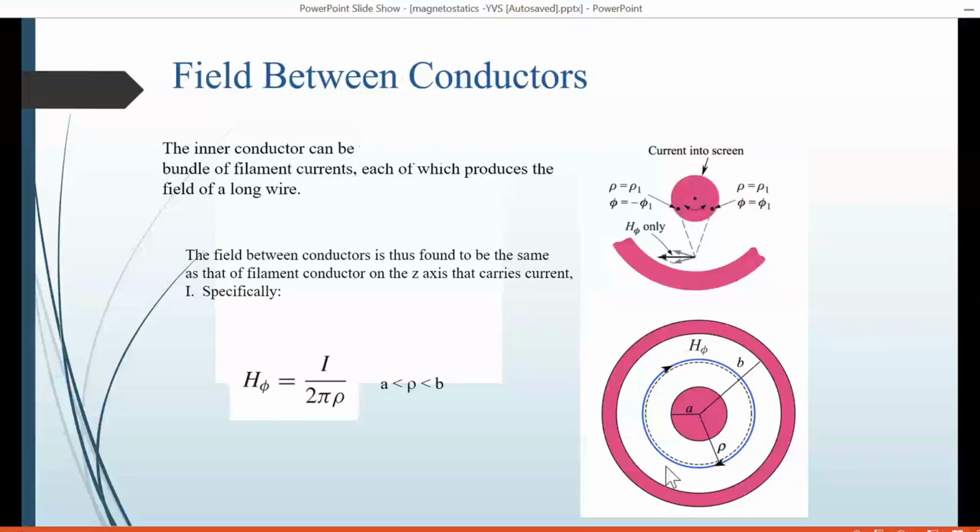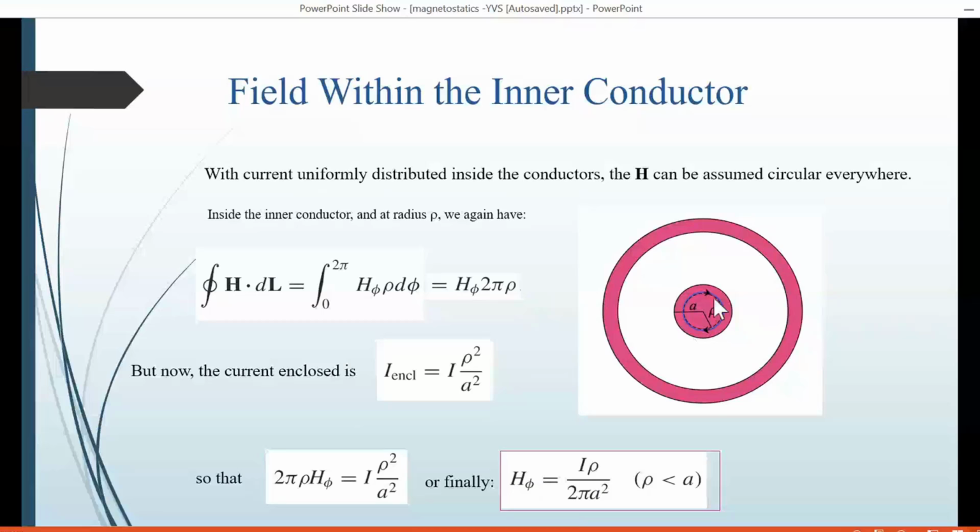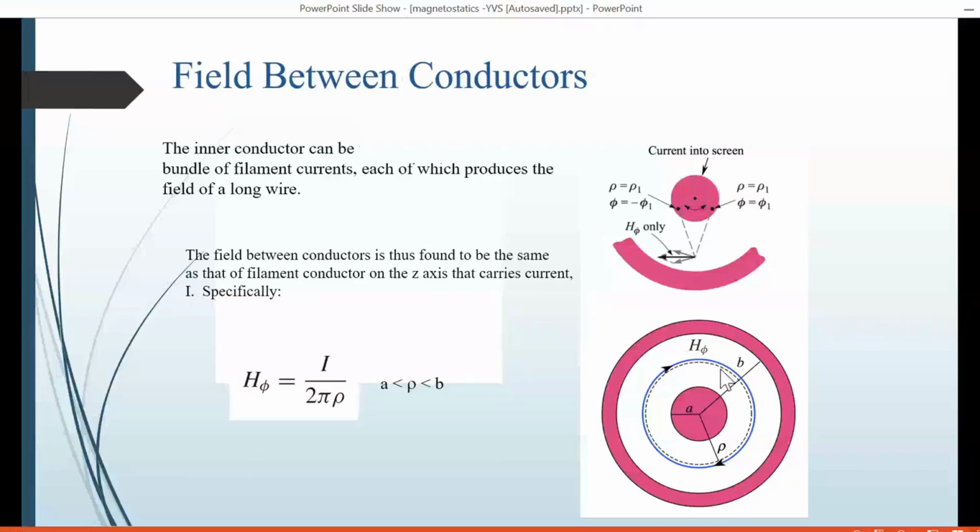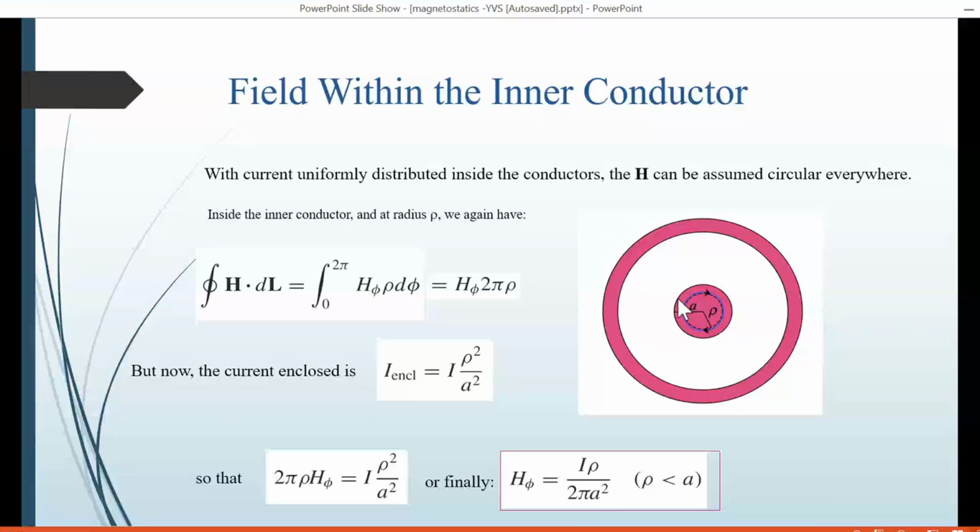So we applied Ampere's circuital law to find H in between those two conductors. Now, if I want H inside the middle conductor, here the path has been closed. So I want the intensity inside the middle conductor at a distance r from the center. This is the new rho, a new value of radius inside the conductor. Now it may have a different enclosed current value other than I.